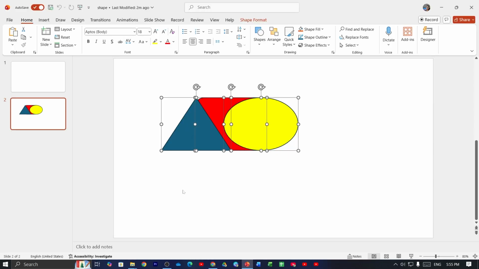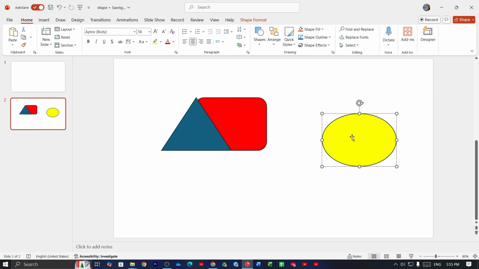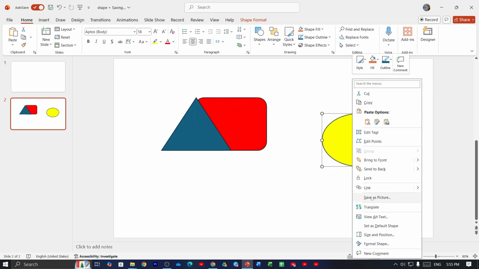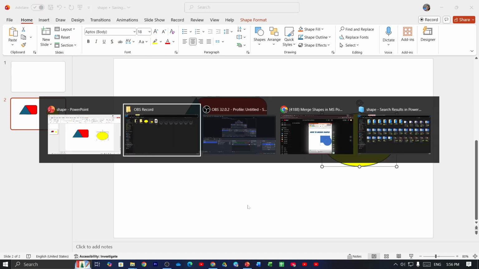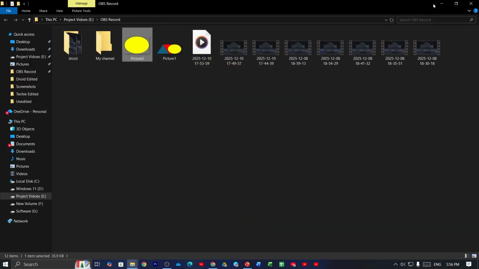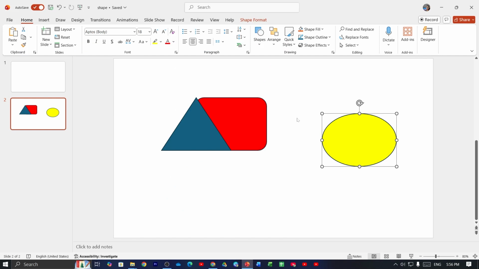Now I will show you how to save only one shape as picture. Just select any one shape and then right click on the mouse, then click on save as picture and then click on OK and it's done. Now just open the folder and that's it. And that is how you can save shape as picture on